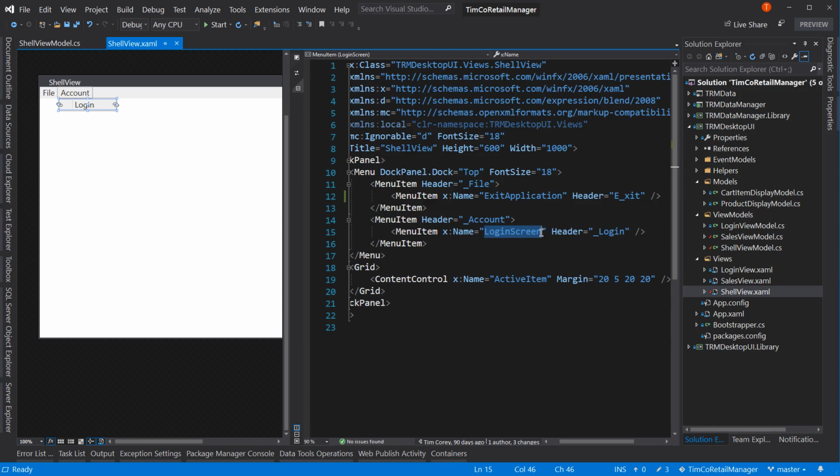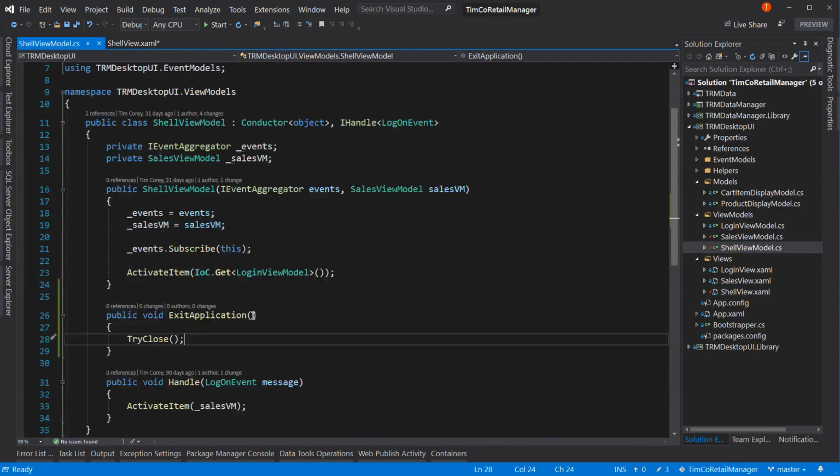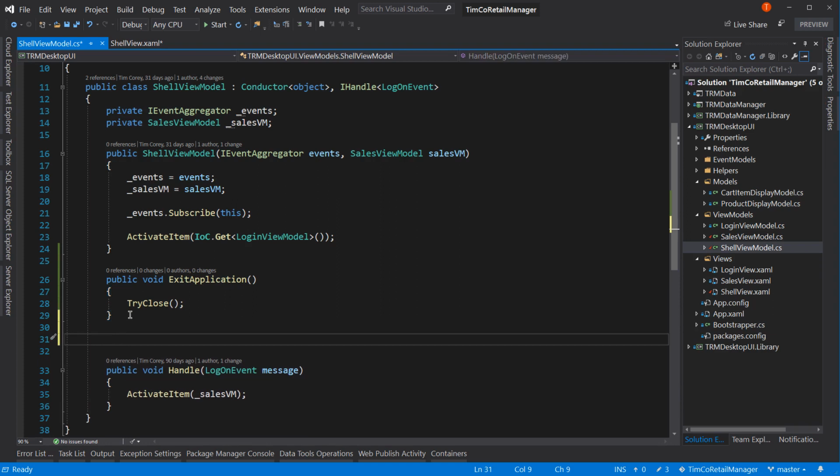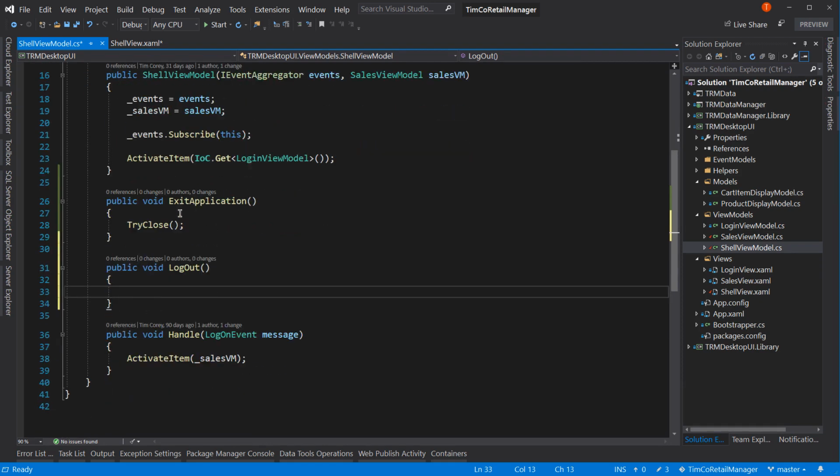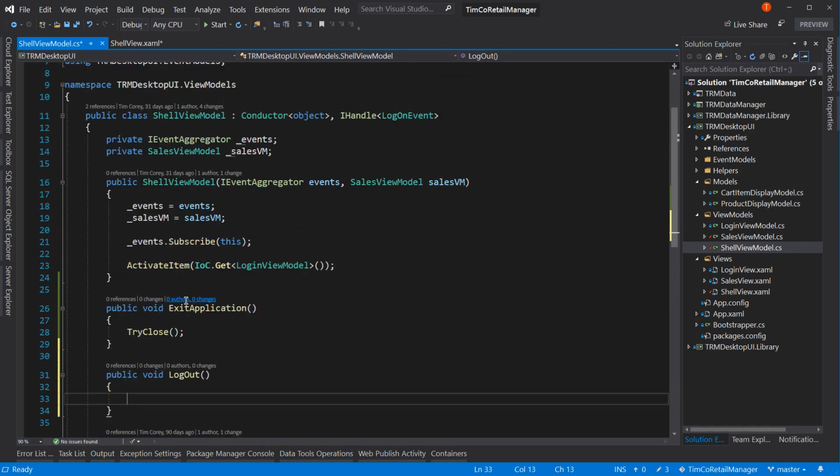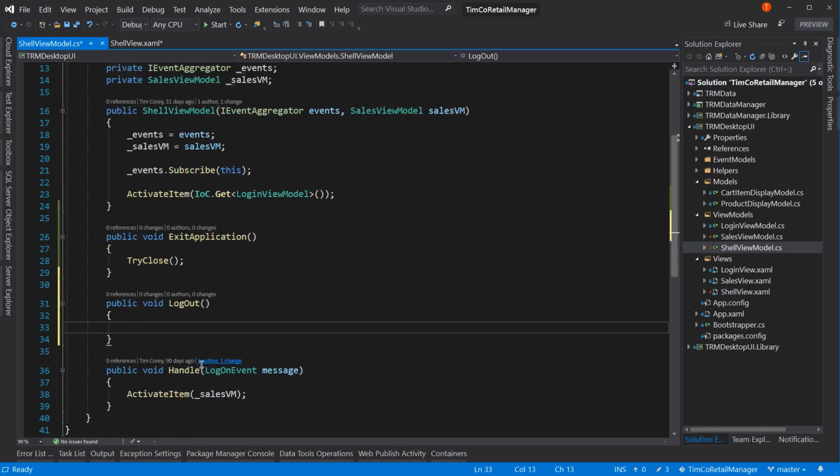Let's create a log out. And we're going to say log out like so. And for this, we need to create a method over here. Public void logout. And then inside of here, what we need to do is we need to reset our login credentials, wipe them out, and then we need to close out of